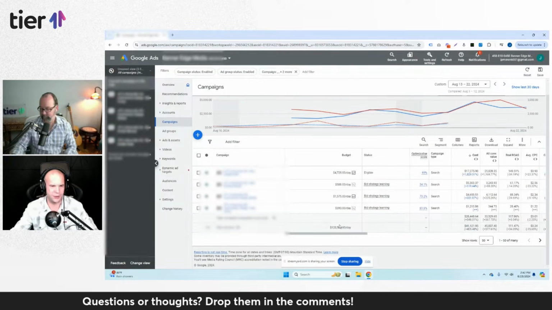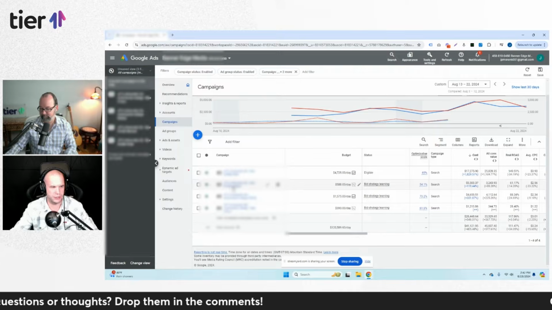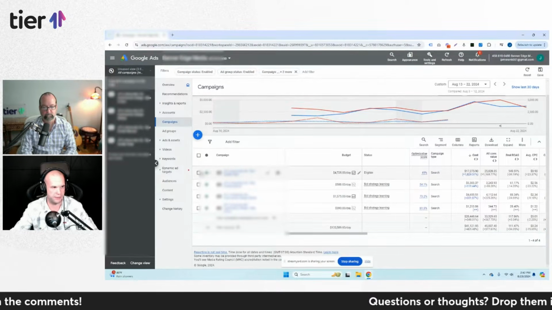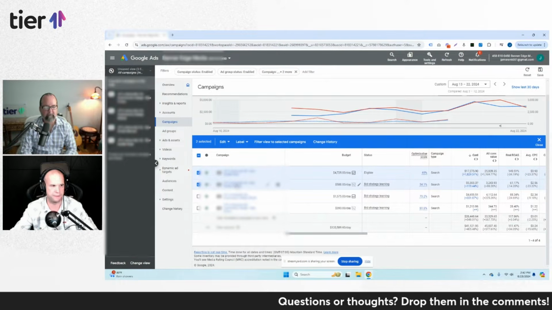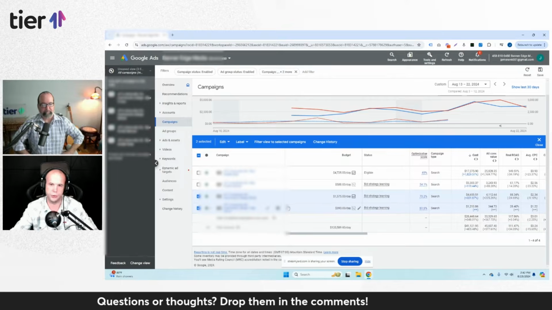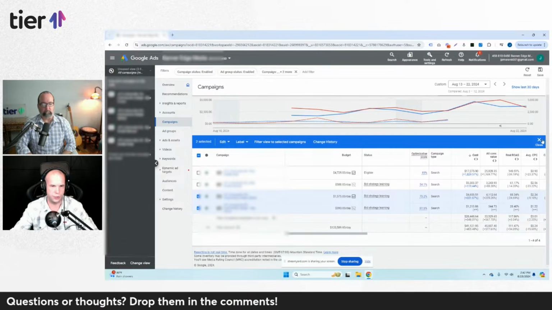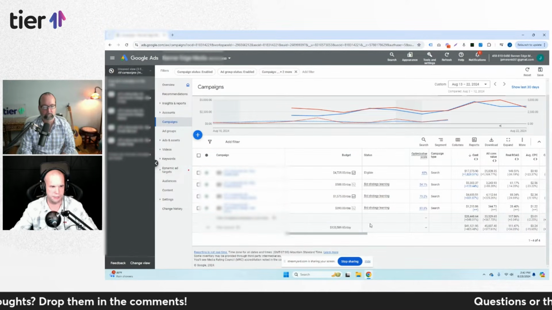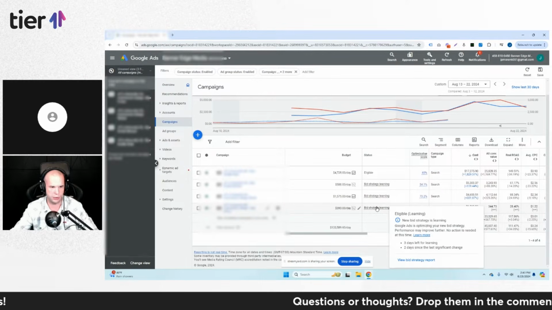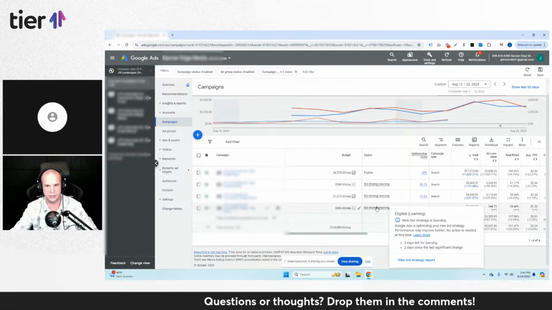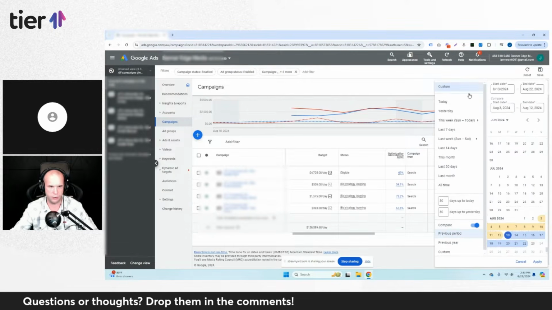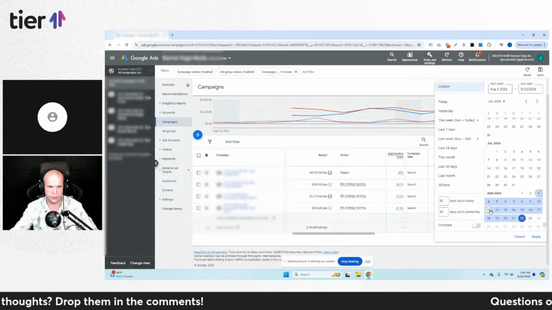So these are just two campaigns that have been cloned. We have people looking to get a real estate degree, and these are people looking to go to a community college. What's interesting is you'll see the bid strategy learning, I'm still in the thick of this. The community college one was launched like 2 days ago. But what happened before this, if we look at just the 3rd through the 12th,